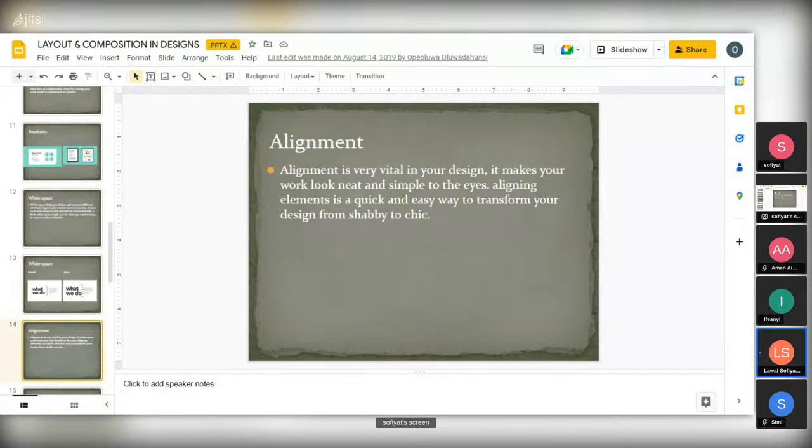So now let's move on to alignment. I said alignment is very essential. There are some things that you can use to do your alignment. You can use the grid, you can use the ruler, you can also use center align, left align, or right align to do your work. Aligning any element is a quick and easy way to transform your design from shabby to chic. So when you align your work very well,